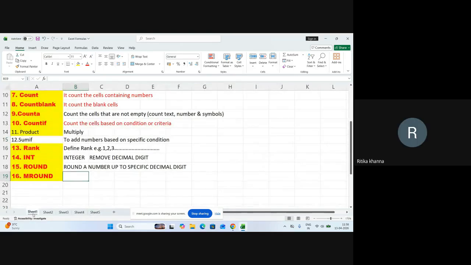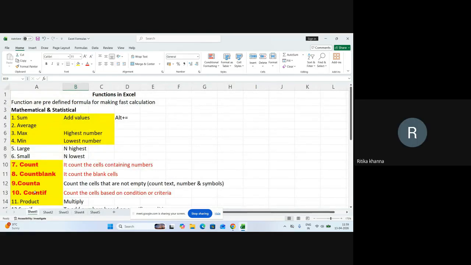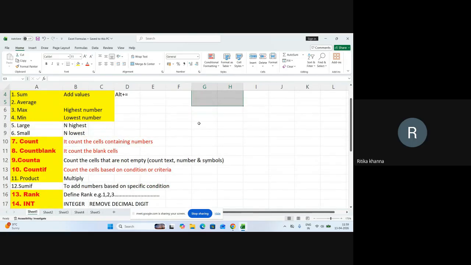So today we have covered the 16 formulas of Excel, and I will share the sample file, the assignments, the notes, and the shortcuts with you. To solve the assignments by tomorrow morning, and if you face any query, then you can simply share your screen। मीन्स आप असाइनमेंट अपना रेडी रखना, जहां पर भी अगर आपको लगता है कि मैम ये मुझसे क्वेरी सॉल्व नहीं हो पाई, प्लीज डू मार्क विद एनी फॉन्ट कलर और डिफरेंट फॉन्ट कलर, और यू कैन मार्क विद द रेड फॉन्ट and share your screen with me, then I will guide you how to solve it।